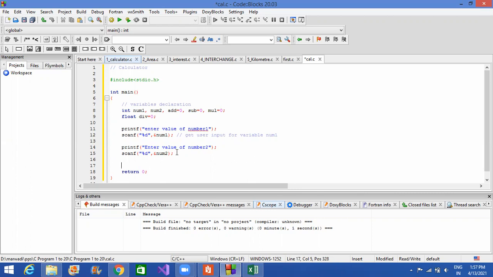Now, printf: addition of two numbers %d plus %d